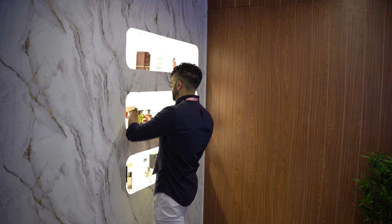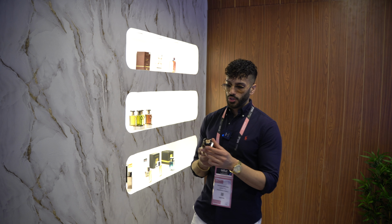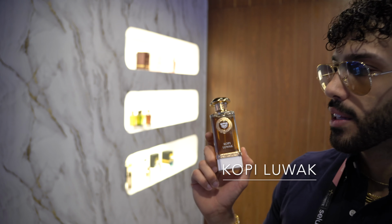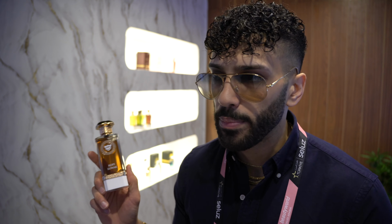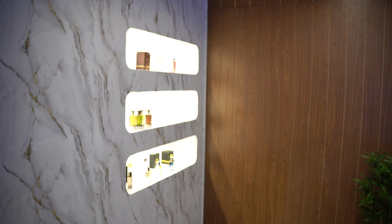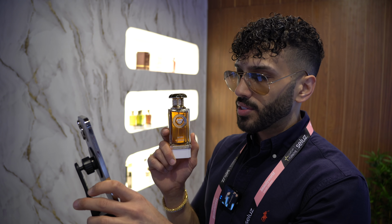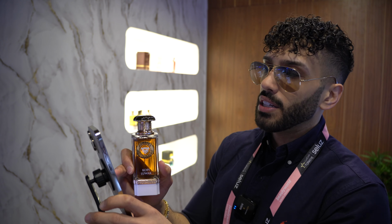And the last one with this whole lineup is going to be this right here. It's called Kopi Luwak. Forgive me for my ignorance. I don't know exactly which one it's from, either Indonesia or Philippines. And actually we can double check on this right now and educate ourselves a little bit more. Here we go. Civet coffee, that's exactly what it is. And it says here that it's basically coffee that's,